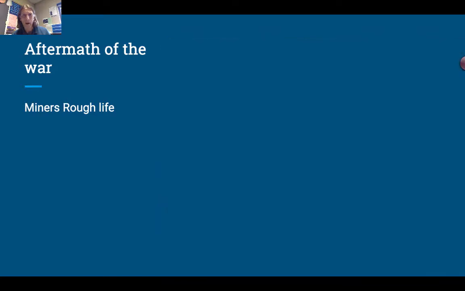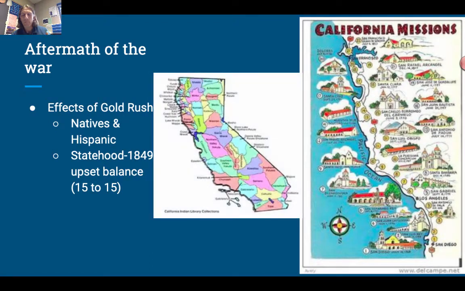One of the problems that the miners are going to run into is that pretty quickly they're going to get pushed out by big industrial mining, because that's the thing that can really get deep into the earth and get into these big deposits of iron ore. When we look at the effects of this, it's going to have a really negative impact on natives and the Hispanics that had already lived there. Their rights are going to get kind of trampled.